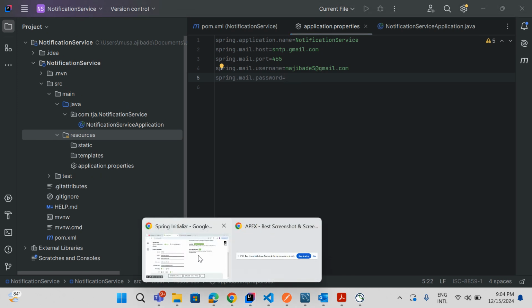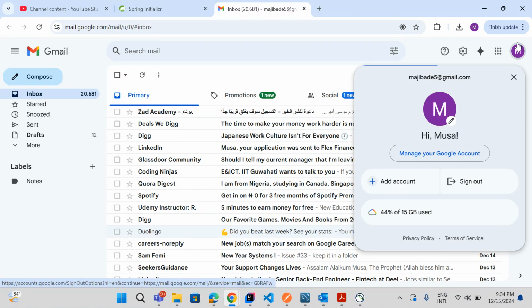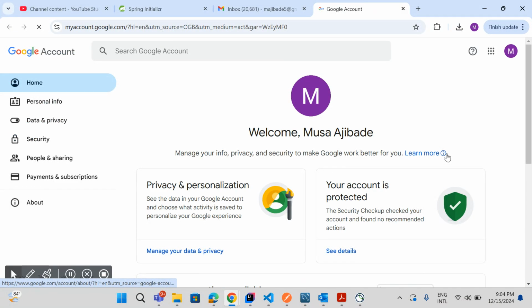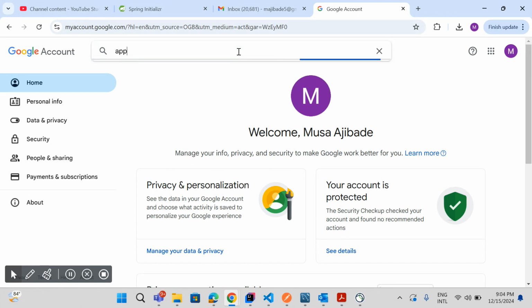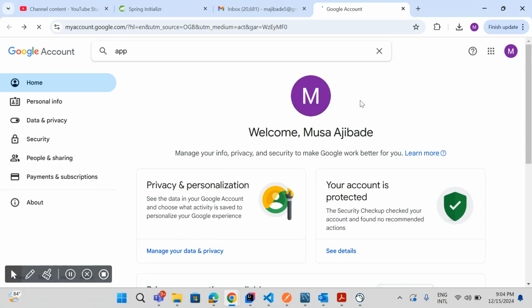So what we would now do here is head over to your Gmail account, have it open, and then click on this icon here, and from there click on manage your account. Okay. So from here you basically just search for app passwords. So you can see app passwords. Bear in mind that you would only be able to use app passwords if you have set up two-factor authentication on your Gmail account. So if you haven't, then you should do that and then follow the following steps. So once you've clicked on app passwords,